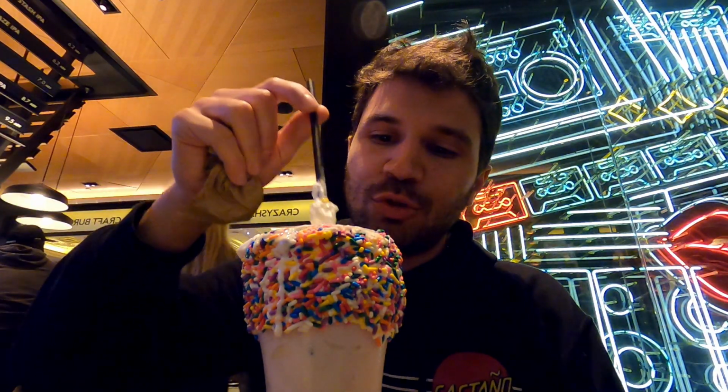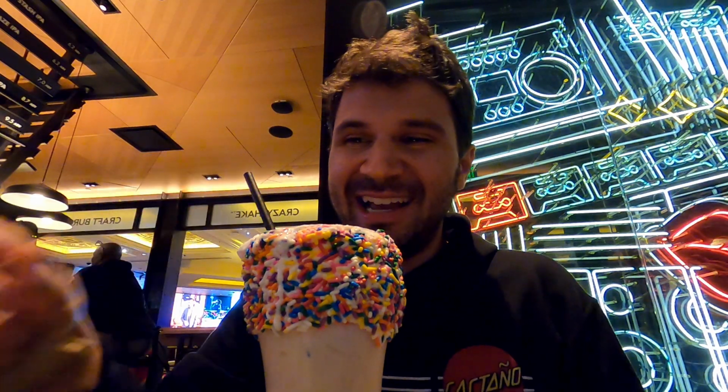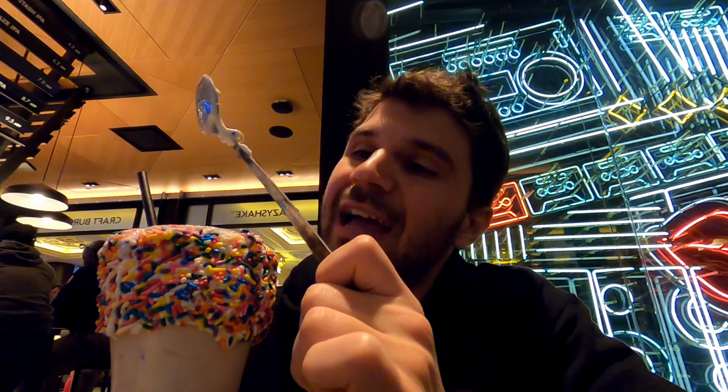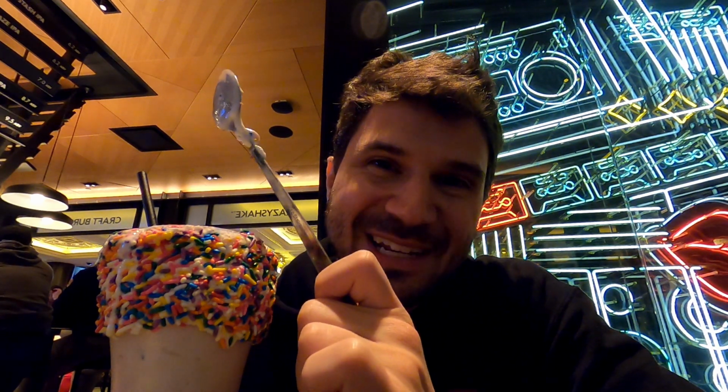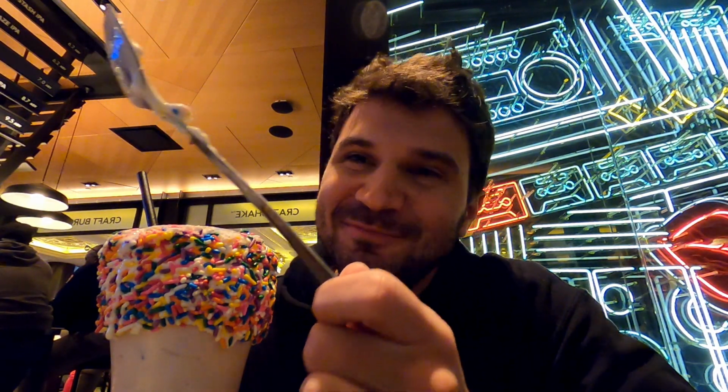Having a really hard time getting it through the straw here. Maybe I should use the spoon. That's not working for me. Okay, that works. Let me use the spoon. That's a pretty good shake. Beautifully designed shake. It's pretty tasty, I gotta say, but I feel like the visual appeal is really what makes it amazing. It's a little bit hard to drink, so I'm scooping it for now, and excited to give you the full review later on, but just want to let you know it's pretty exciting so far, and a lot